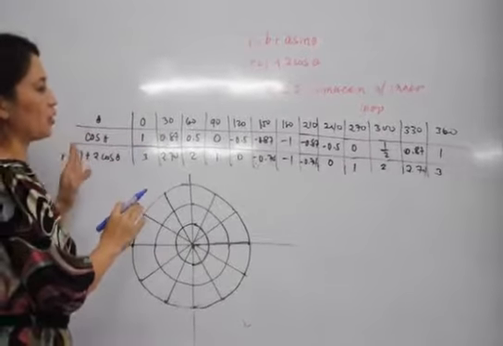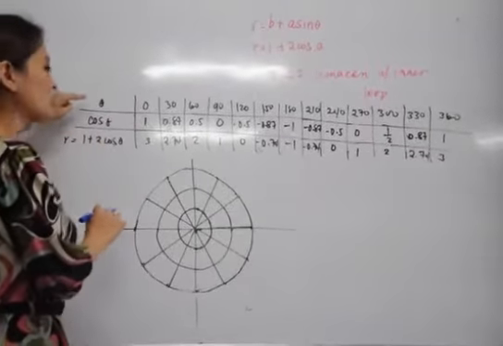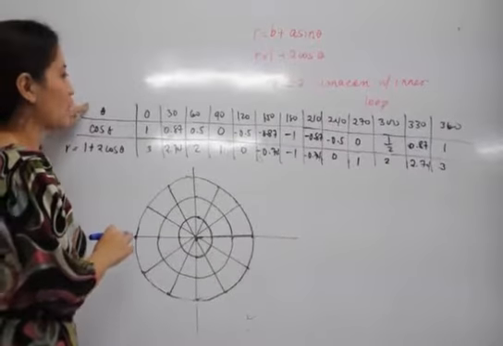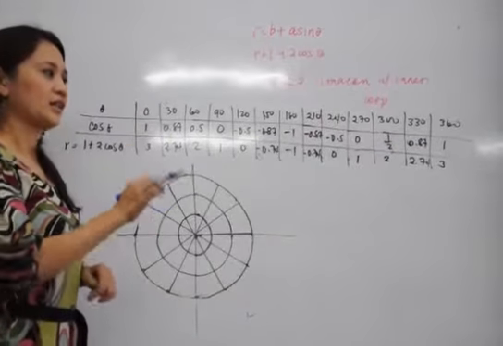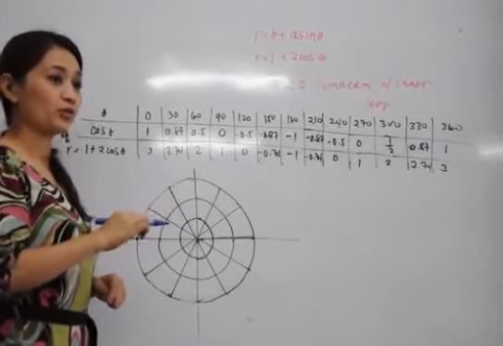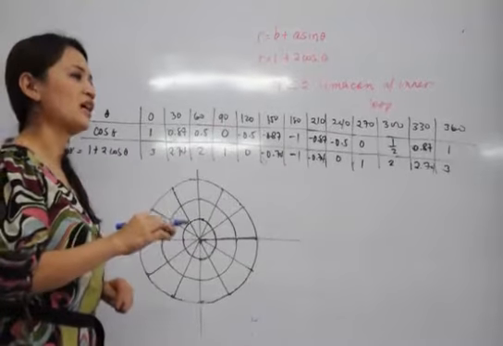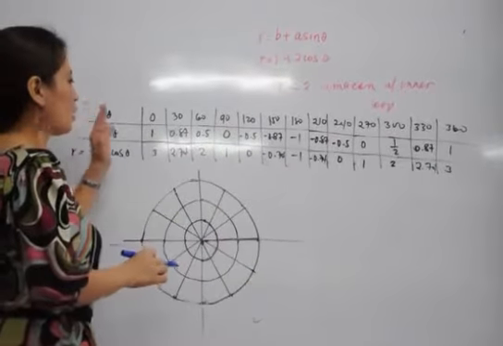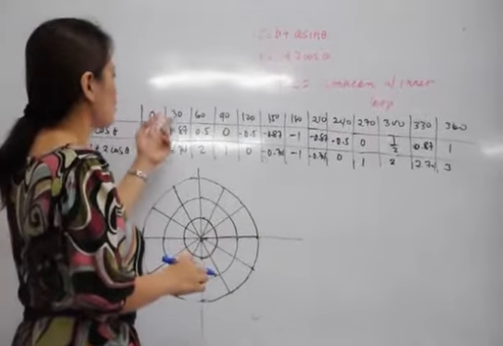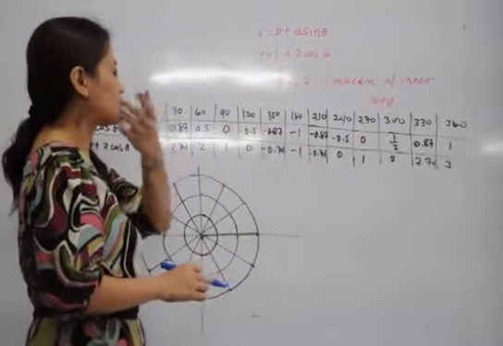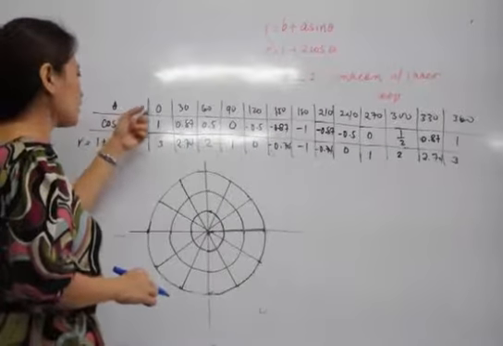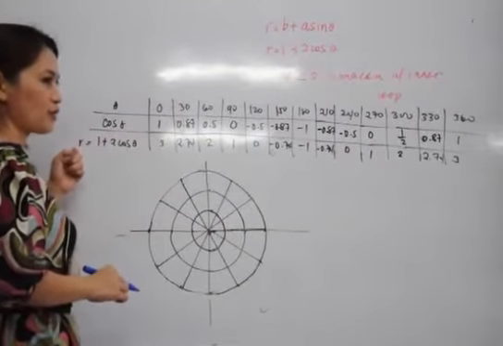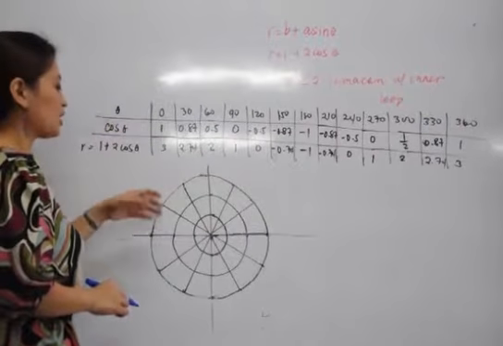Okay, so now after we set up a table of values, wherein we assign values of theta, of course I mentioned that the smaller the interval for theta, the more defined the figure will be. And I'm using only an interval of 90 degrees. Now how many points do we have? 2, 4, 6, 8, 12. So we have 13 points. And then we get the value of cosine theta for each theta, and so the value of R for each theta. Now we're ready to graph.